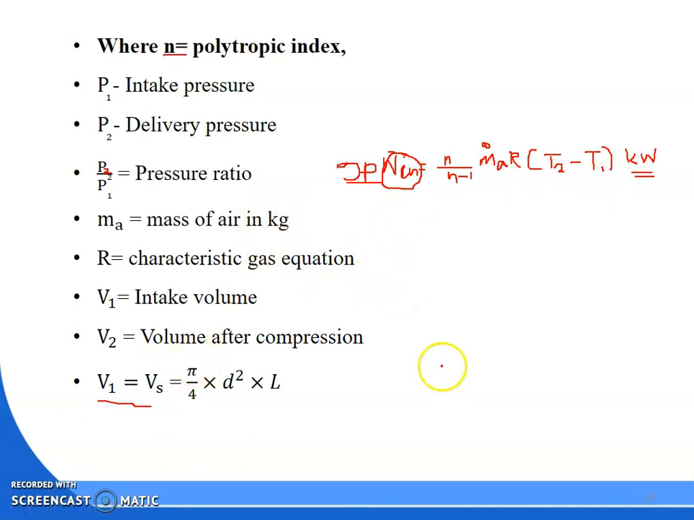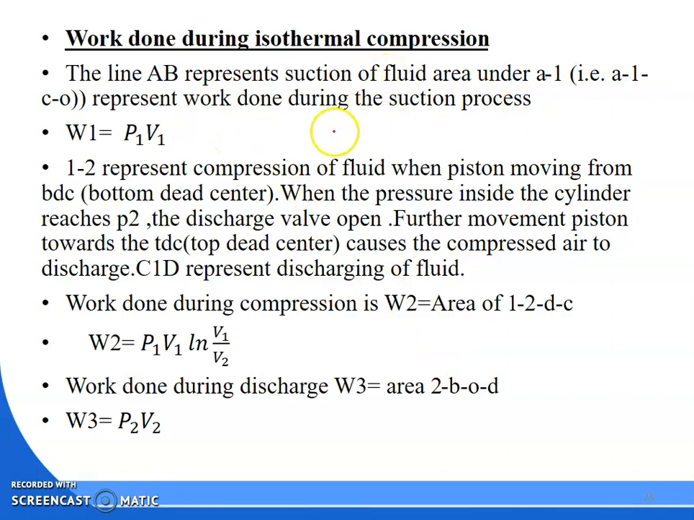Next we will discuss if we consider isothermal compression, what will be the work input. Same as before, we have to add the area under 1 to 2 plus the area under 2 to B minus the area under A to 1. Then we will get the work done. So next class we will